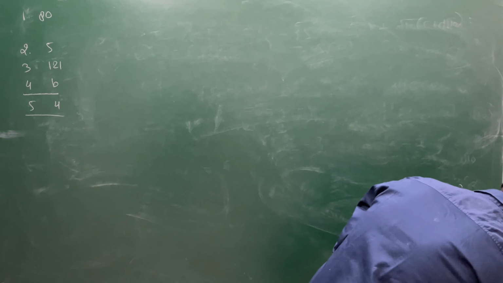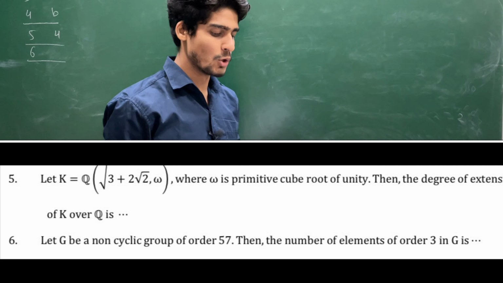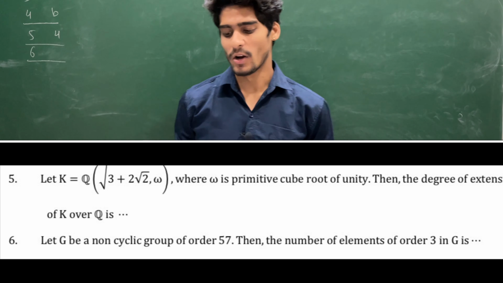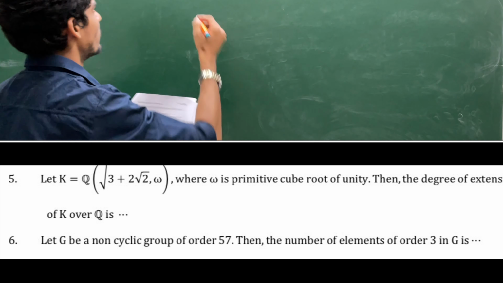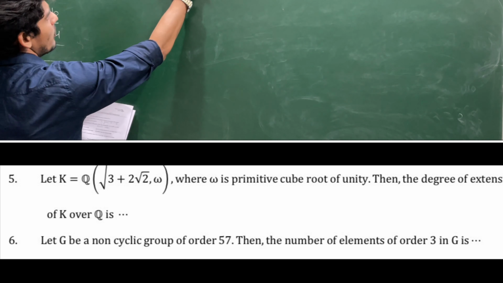Let's solve the last question, question number 6. Let G be a non-cyclic group of order 57. Find the number of elements of order 3 in G. So we have given the order of G is 57. Let me write here the possible order,